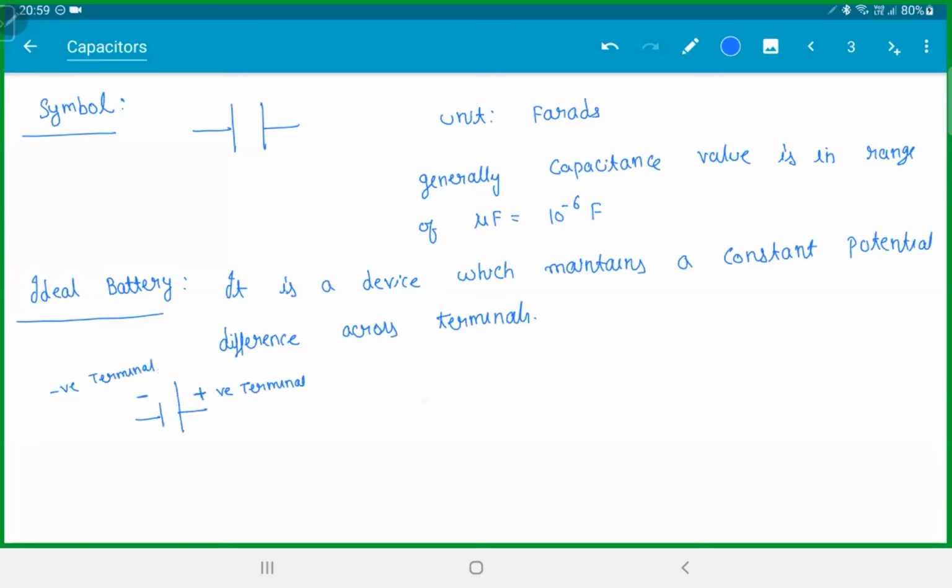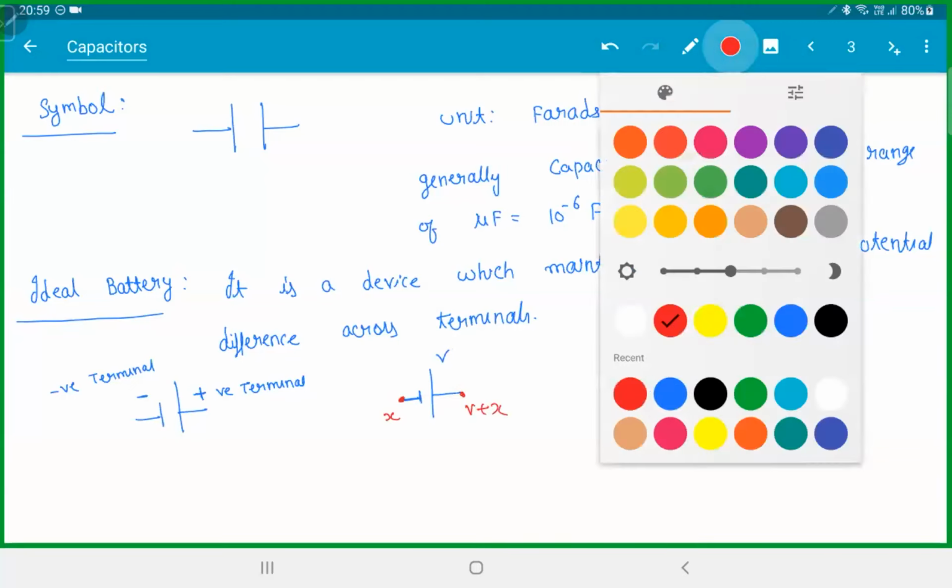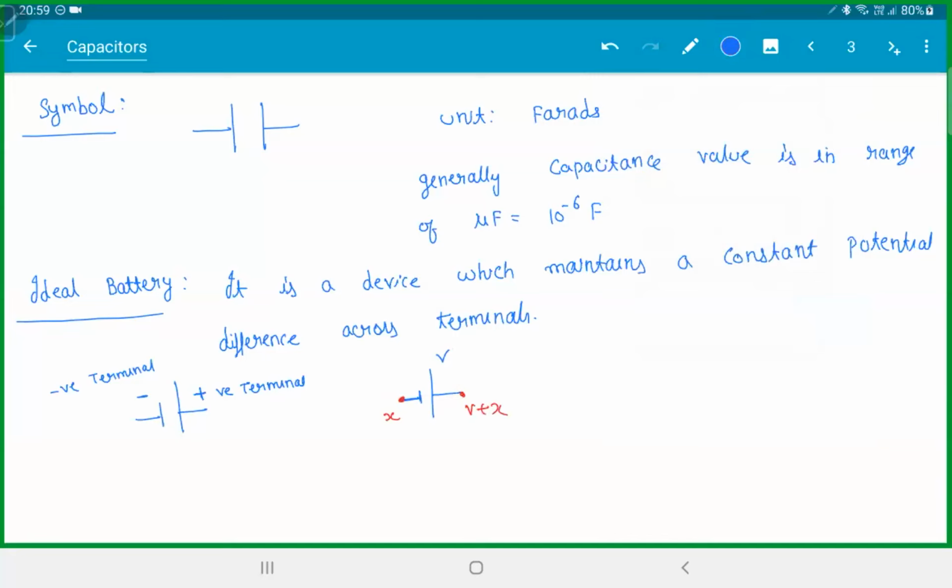So what is the meaning of this exactly? If you say the battery's voltage is V, the meaning of this is, if the negative terminal is X, the positive terminal is V plus X. Are you getting it? So it maintains a potential difference of V. What most people think is that the negative terminal is 0. So V plus minus V minus should be equal to V. Example,